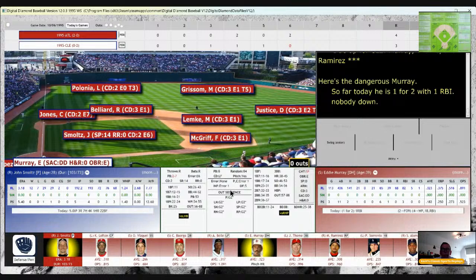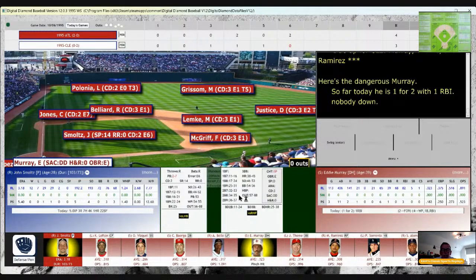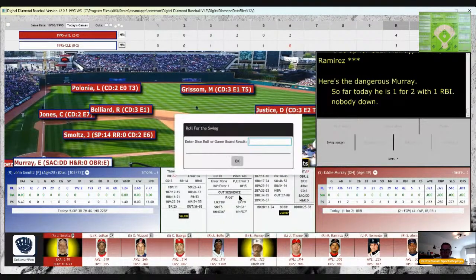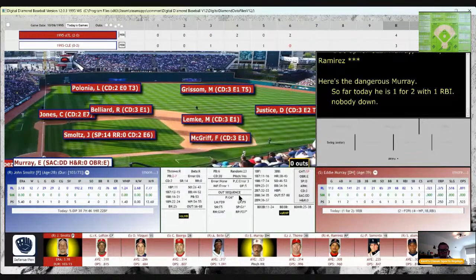And Eddie Murray coming to the plate for John Smoltz. Smoltz so far has 4 points left as well on his SP. Will be on Smoltz's card. That 23 is a single slapped into right field by Eddie Murray. Leadoff single by Murray puts him on the base and reduces Smoltz to 3.